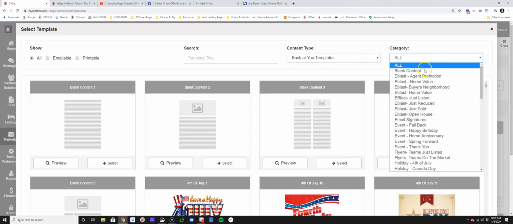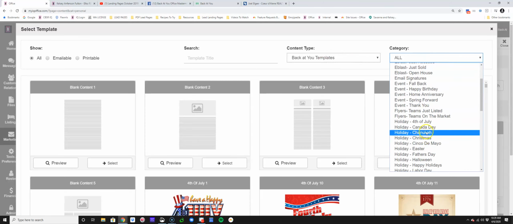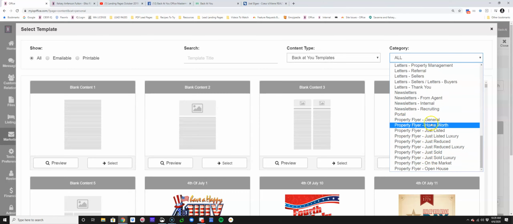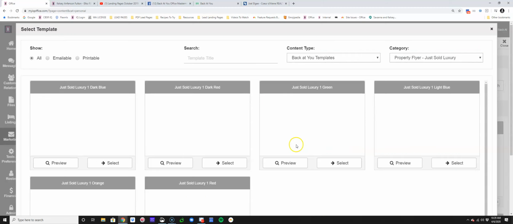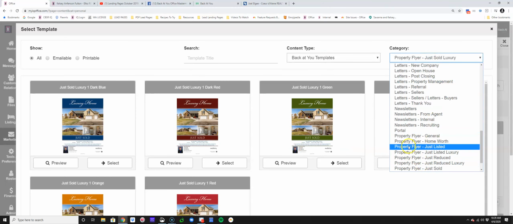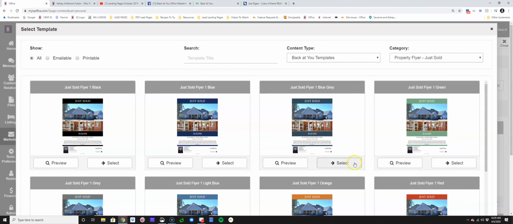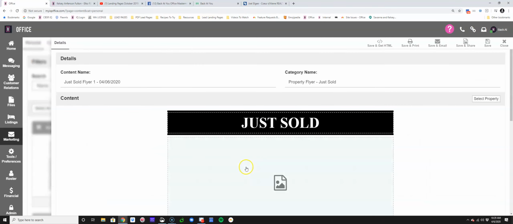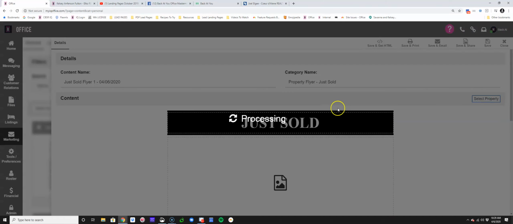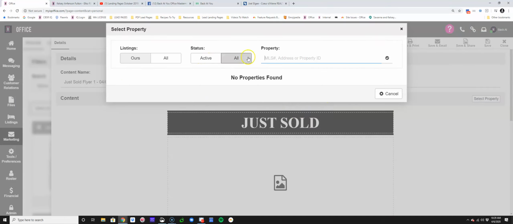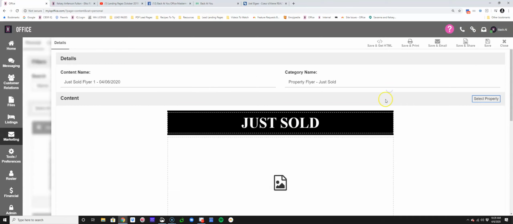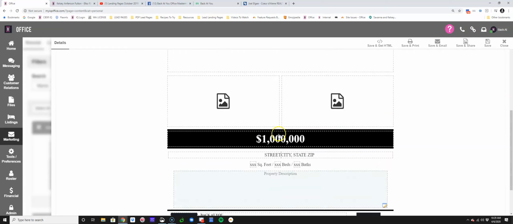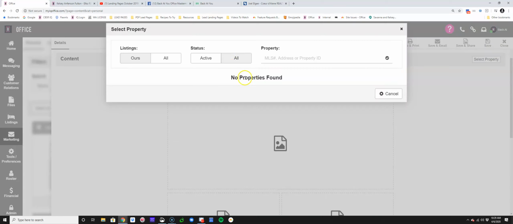So I'm going to go in. I'm going to scroll down. There are some teams just listed, or I can go down and I can choose property flyers. So if I say, hey, just sold luxury, or if I want to go in and do just sold. Once I create that flyer, yes, you too, Lisa, I'm going to select the property. I could type in that MLS ID or whatever it is. It's going to insert that information in, but all of these fields you highlight over,